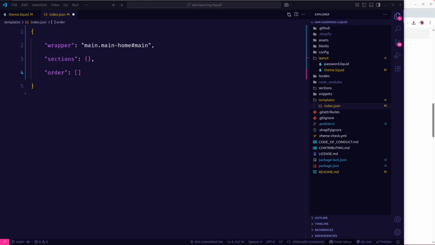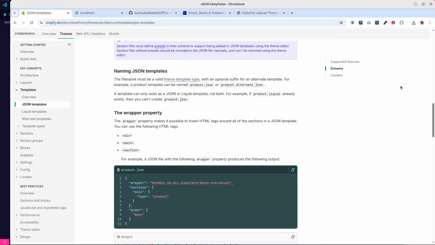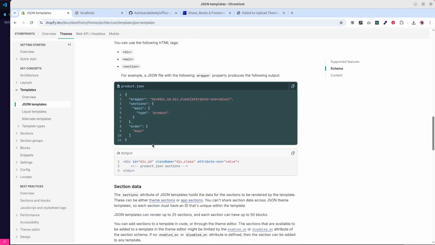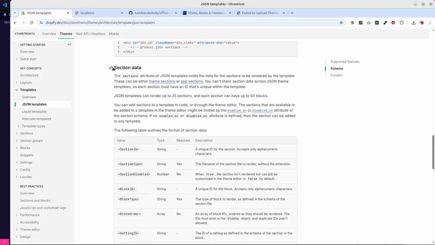So let's continue building this homepage type. Okay, so we created the sections and the order. So now let's explore how we can manipulate these sections. So the section, let's go back to documentation, and if you scroll a little bit down, we have section